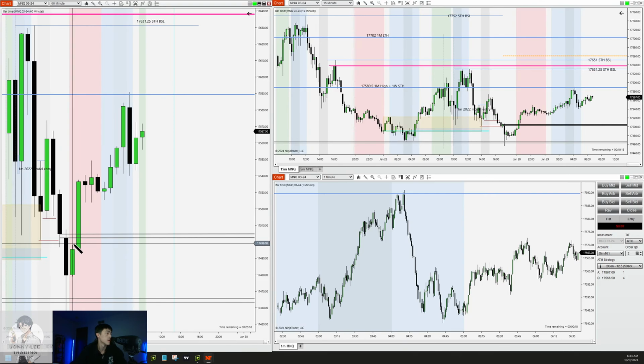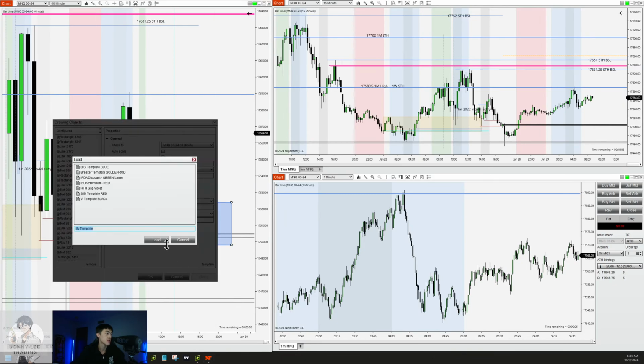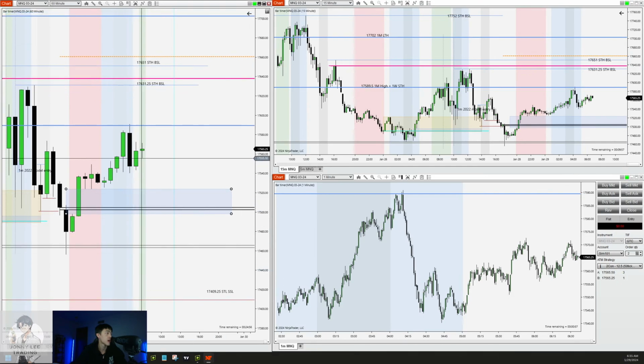Notice that this fair value gap was not traded to, but it was traded almost. Let's see, low 17,524, 17,524. So technically it was traded to, right? So we have this hourly fair value gap that we are looking for within discount. Do I expect it to head down there? No, I think it would maybe target this